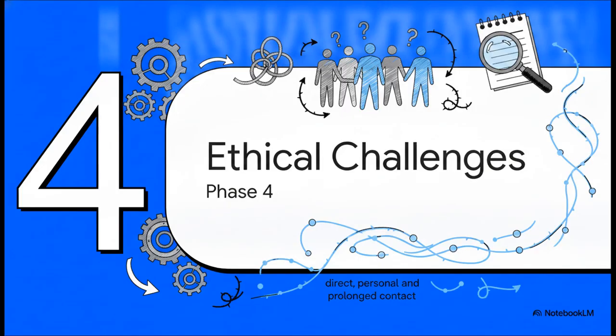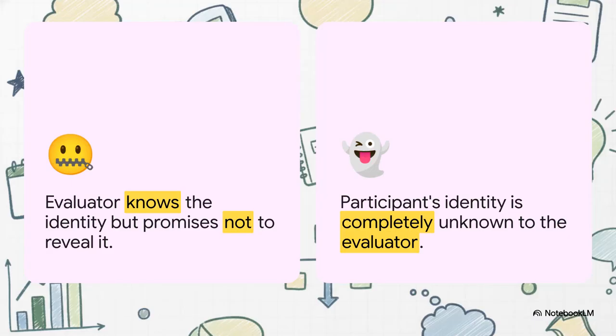That brings us to phase 4, navigating ethical challenges. Because qualitative evaluations involve such direct, intimate contact, you really need to know the explicit difference between confidentiality and anonymity. Listen, in qualitative interviews, you almost never have anonymity. I mean, you're sitting right across from the person, so you obviously know exactly who they are. Instead, you're dealing with confidentiality. You have to establish clear, informed consent up front and define exactly what boundaries of confidentiality you can legally and